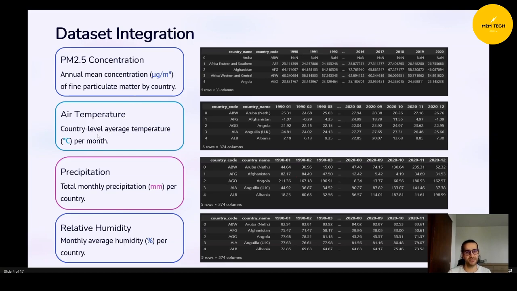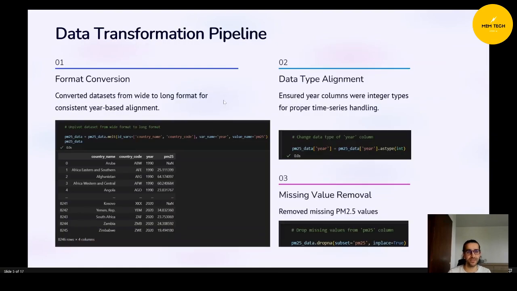For the climate dataset, it was the same. For the temperature, precipitation, and relative humidity, the structure was the same. We have a value for those variables for each month for each country from 1990 to 2020. So at first, I needed to convert the dataset from wide to long format